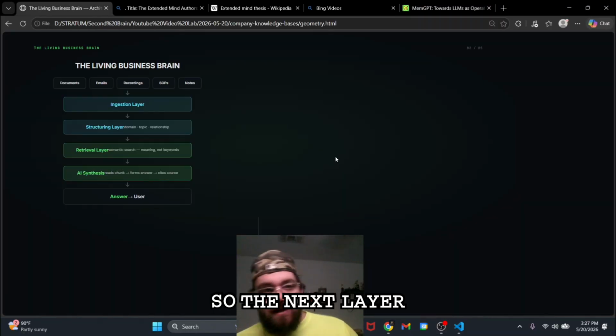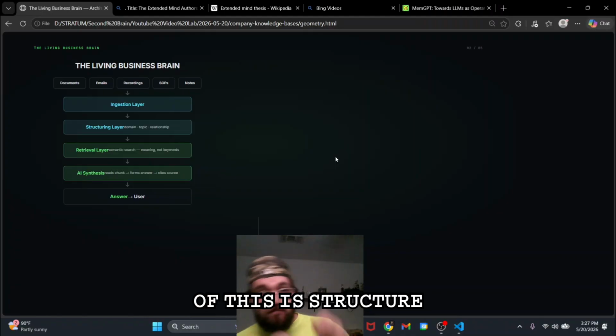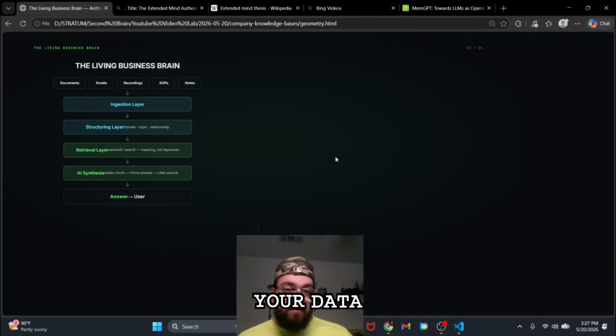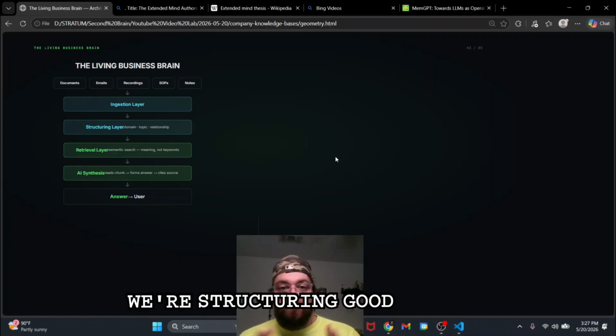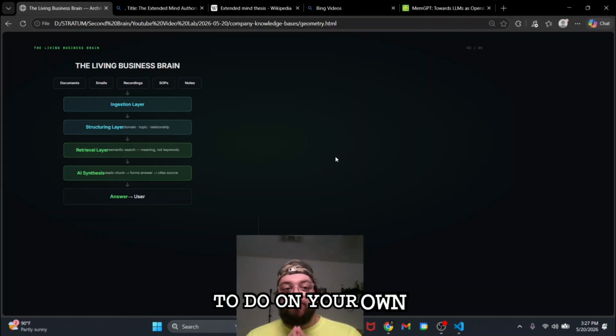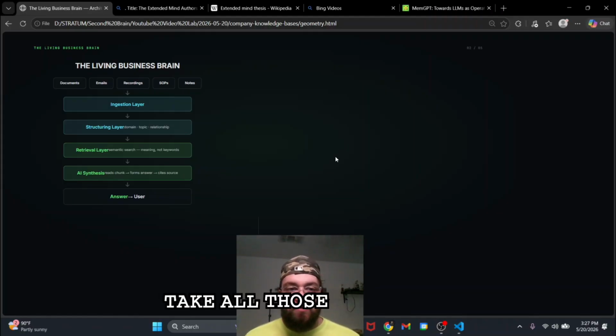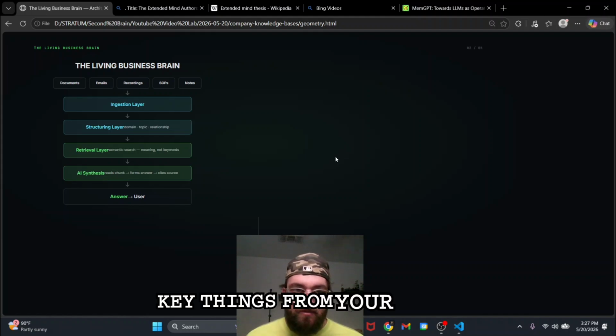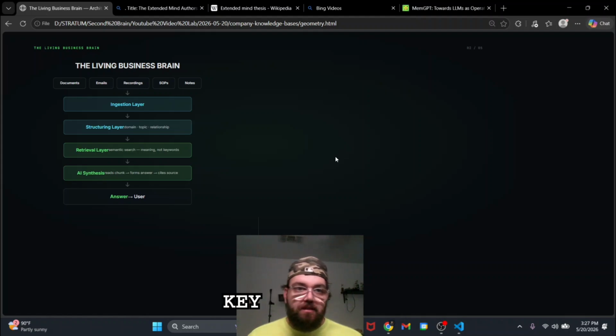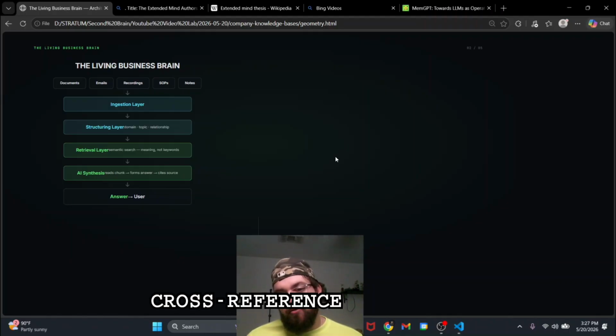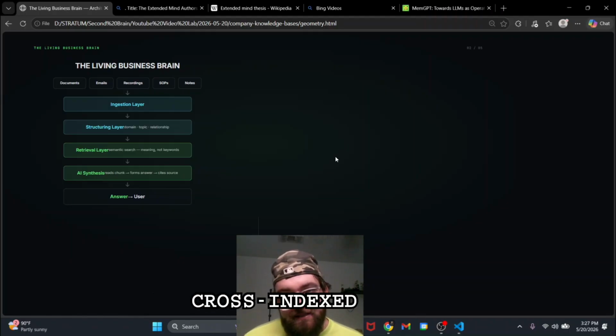So the next layer of this is structure. And what we're really doing is we're structuring your data, we're structuring good context. And it's a lot to do on your own. This is why AI is so amazing, because we can take all those key points from your notes, key SOPs, key recordings, key emails, key documents, and we can structure it and index it by domain, topic, relationship, and create synced file trees, cross-referenced file trees, cross-indexed